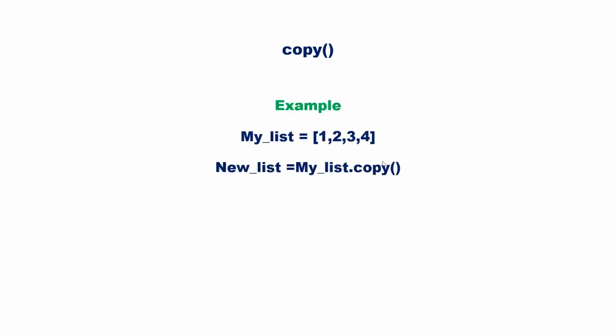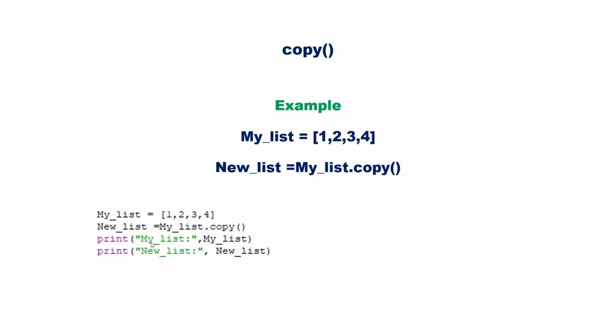The copy function returns a shallow copy of the given list. The syntax is list.copy(). For example, if I write new_list = my_list.copy(), a copy of my list is returned and it is assigned to new_list. When we print my list, you will get 1, 2, 3, 4 and the new list is also 1,